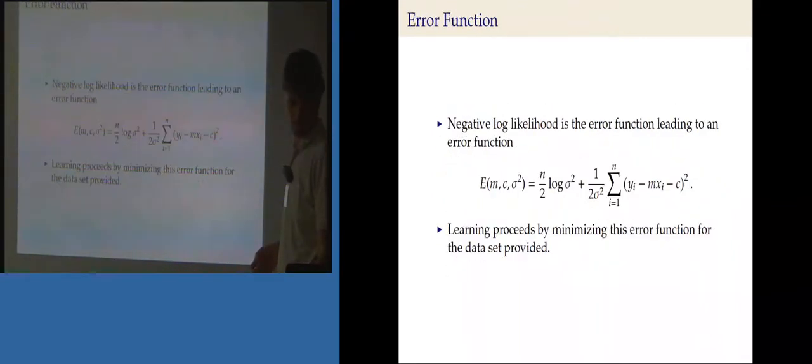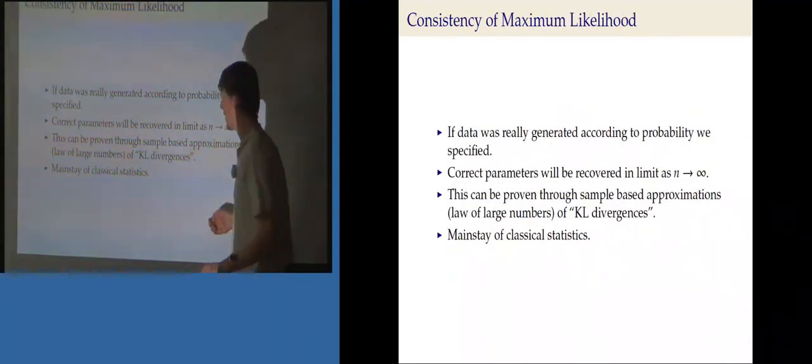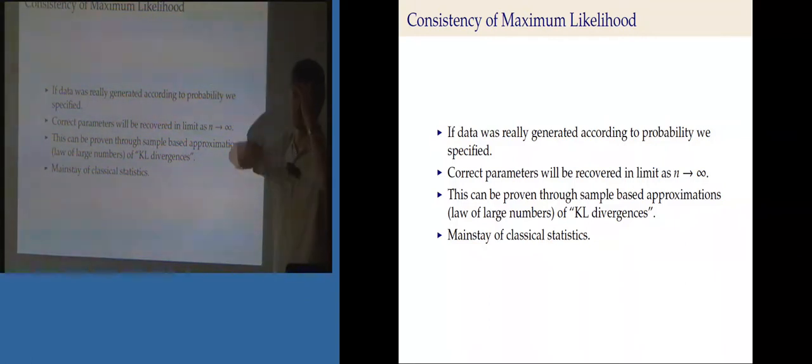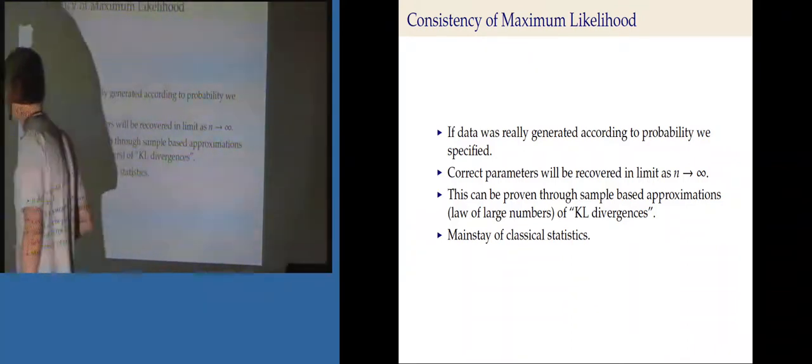I don't think I'm going to cover that, because to a large extent, I don't care. I mean, it's important, but no one ever gives you infinite data, and you pretty much never have the right model. So neither of these things ever apply. But this is the consistency of maximum likelihood that everyone talks about, that says that if I get enough data, I will recover the correct parameters. It's driven by